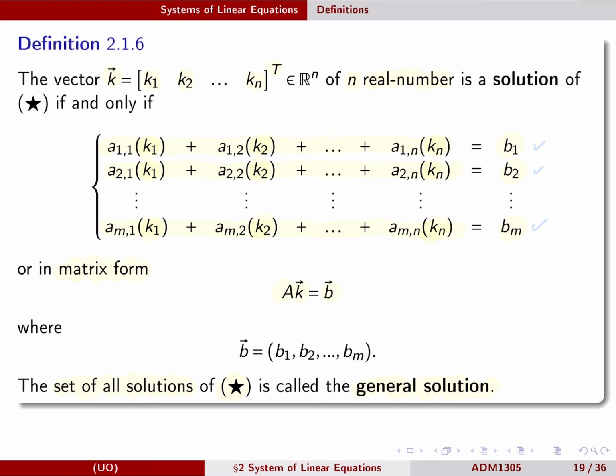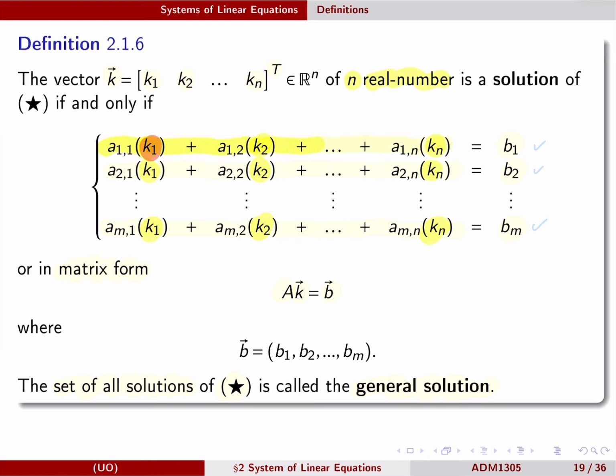But what is a solution for a system of linear equations? Well, because we have n variables, a solution for a system of equations with n variables is n real numbers. Basically, we're trying to find the numbers that fit in those equations. Because we have n numbers, we can just plug the numbers in the system and check for equality. So if you replace all the x1 by a number, let's say k1, all the x2 by a number, let's say k2, and all the xn by a number, let's say kn,